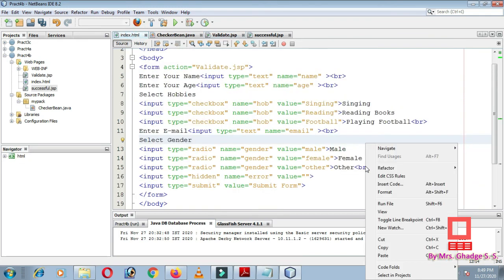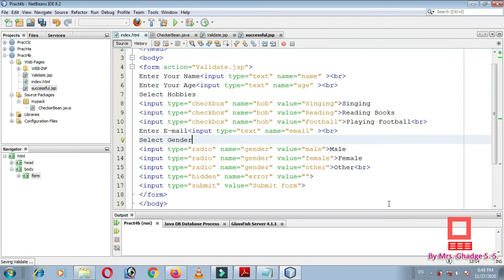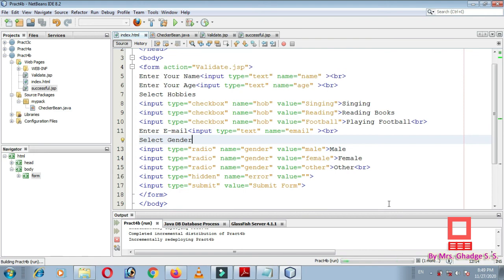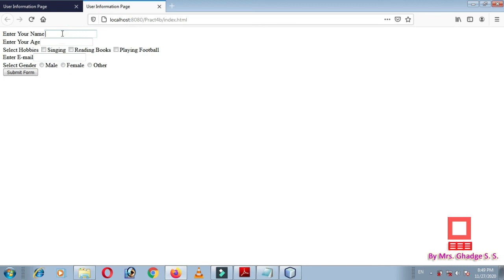First we need to run the index.html file. It will take some time to deploy on the server, and then it will display the first page, that is the user information page. Here we need to write the name, then age, then select hobbies, email address.